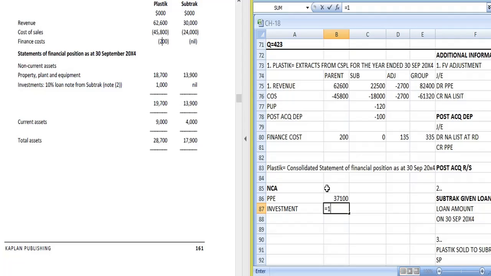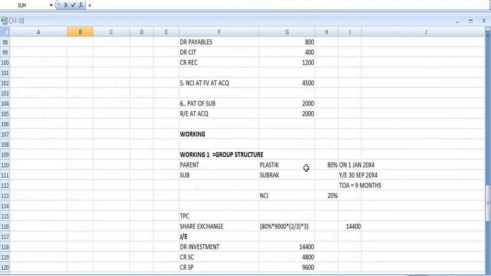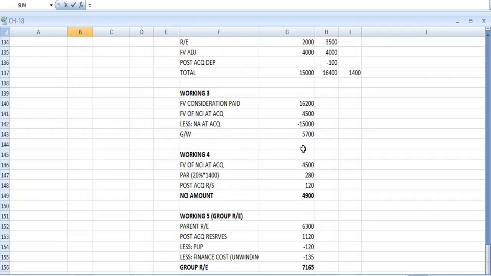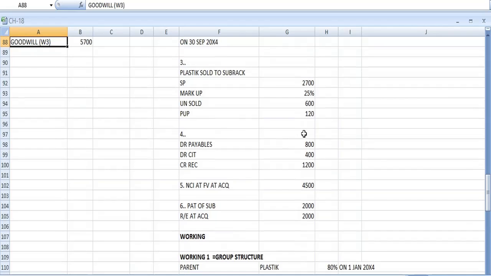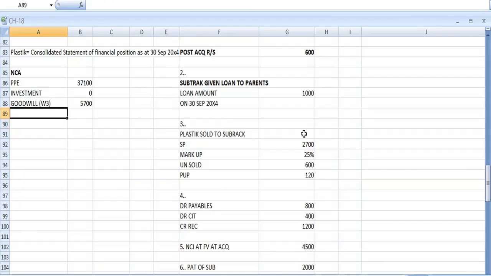The investment amount is 1,000, but the subsidiary has given a loan to the parent, so it is also one kind of investment. So it needs to be eliminated as an intercompany transaction. The investment amount will be 0. Instead of it, we will note down the goodwill, which we calculated in working 3, just to give hints over here. Then goodwill is 5,700, right? So total net non-current asset is